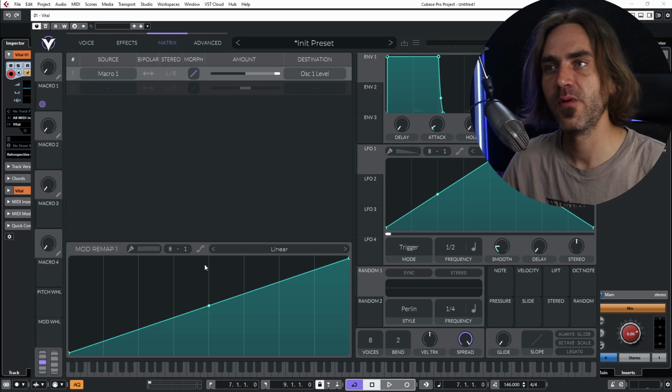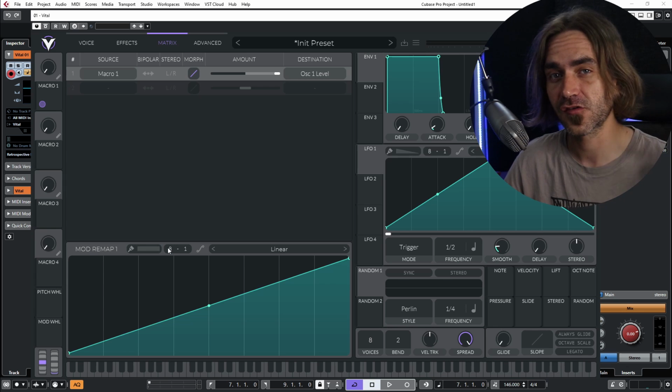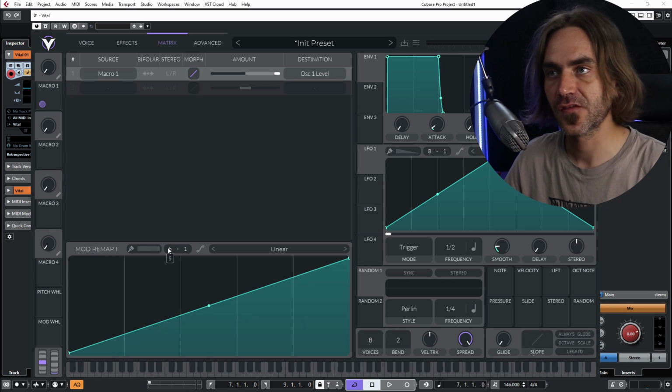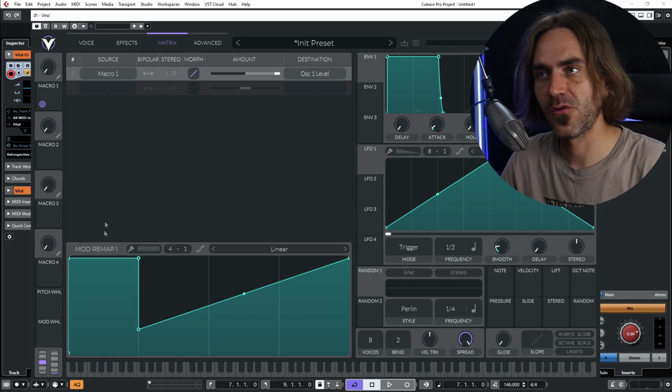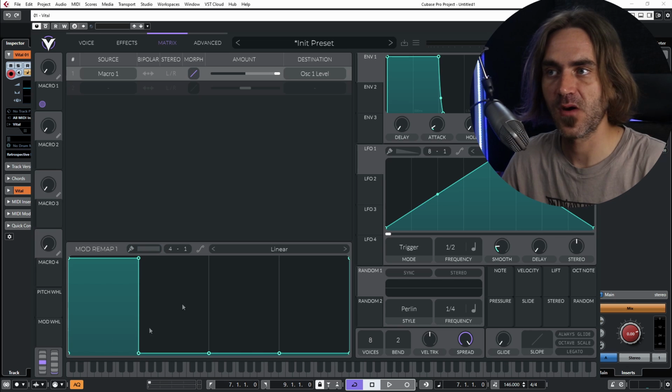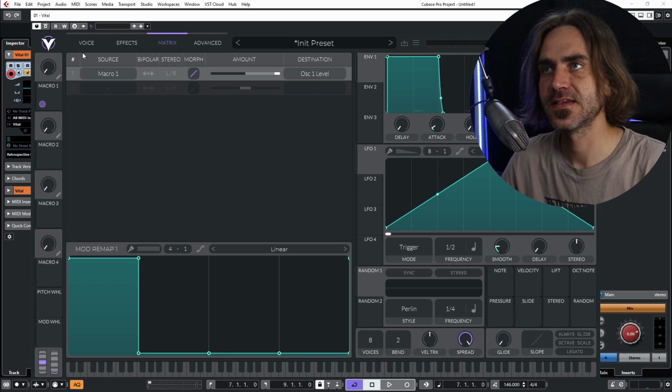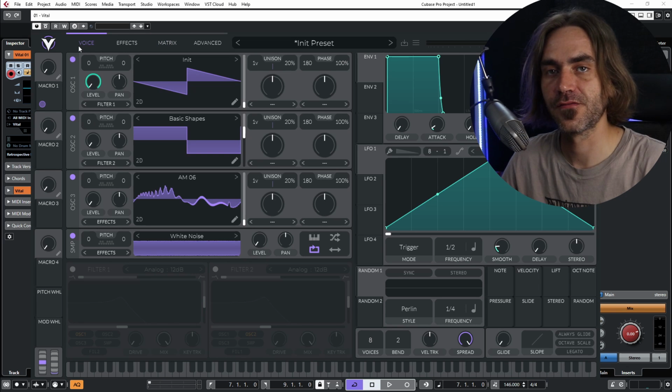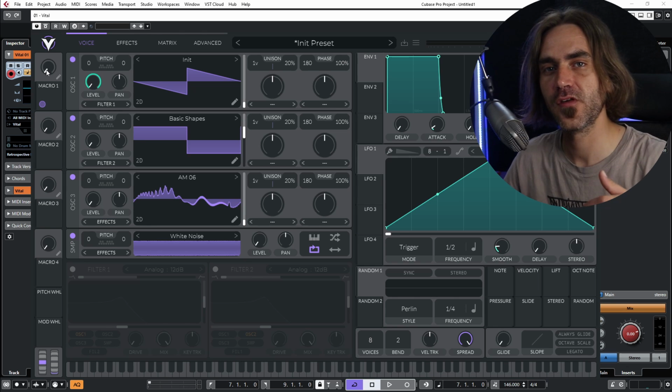But for this, because we've got 4 different choices on the switch, we want to set this to 4 and draw a bar like this and 3 bars downwards. So it's important on the first one to set this first node up to the top. And now if we go back to the voice selection, we'll see that, while this macro is in the first